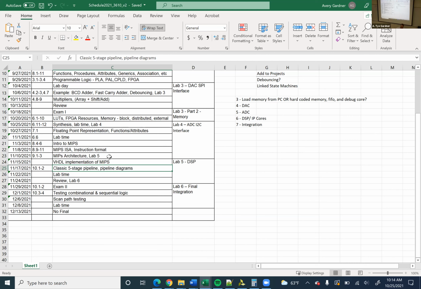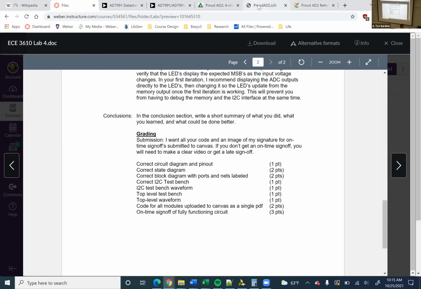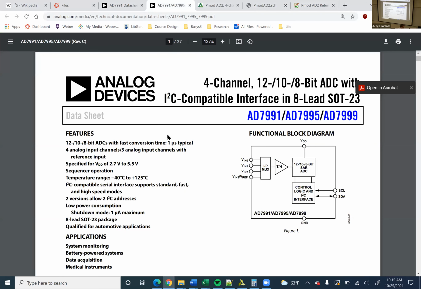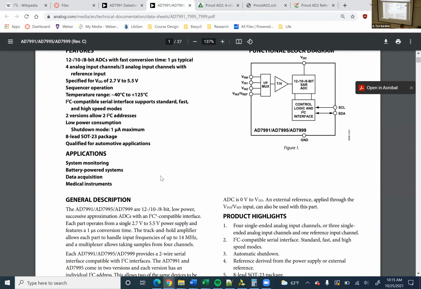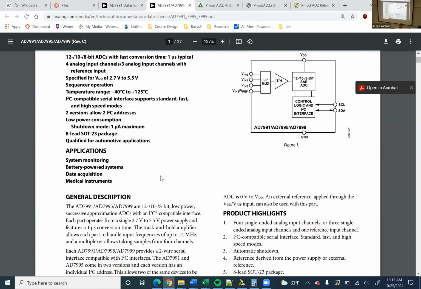Anyways, that's a look at what we're doing. This hopefully helps you guys prepare for the next lab. And keep in mind that you should use generics, since I've taught them, anywhere that you have something that could vary. For example, sample rate, right? When you use the counter to calculate your sample rate, you can determine your maximum sample rate from the data sheet for the ADC, which you're going to find, and I don't actually have time because it's the end of class, but